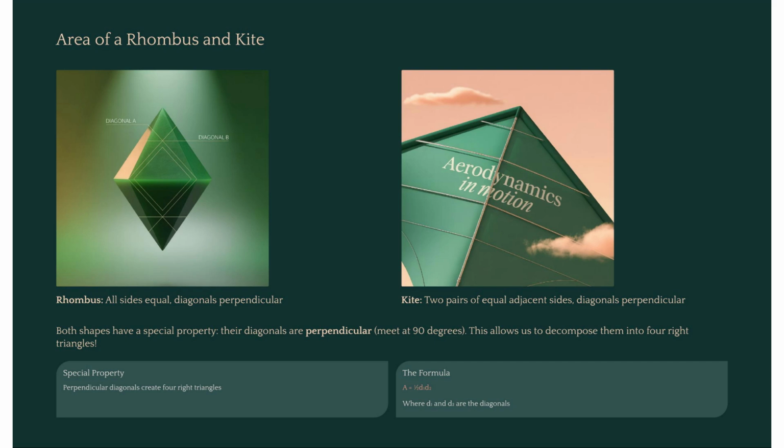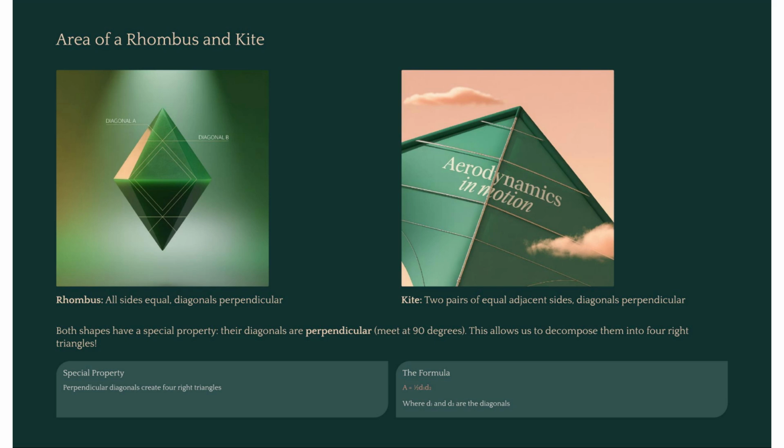Rhombuses and kites are special quadrilaterals. A rhombus has 4 equal sides, and a kite has 2 pairs of equal length sides that are next to each other. The coolest thing about them is that their diagonals, the lines connecting opposite corners, cross at a perfect